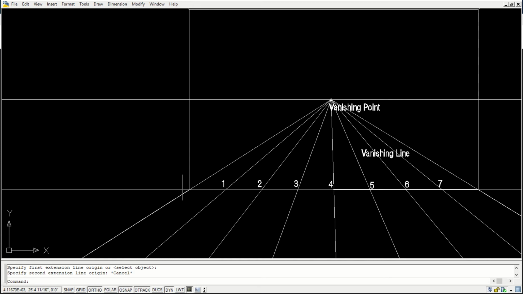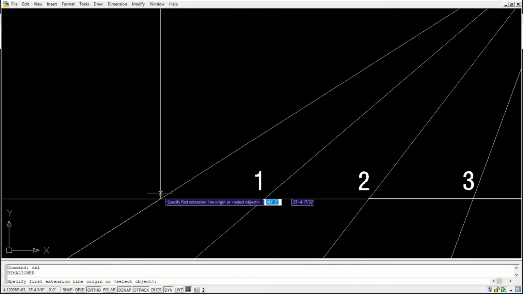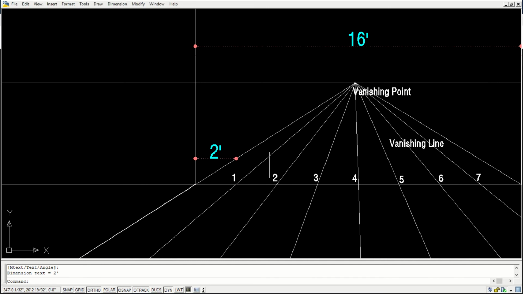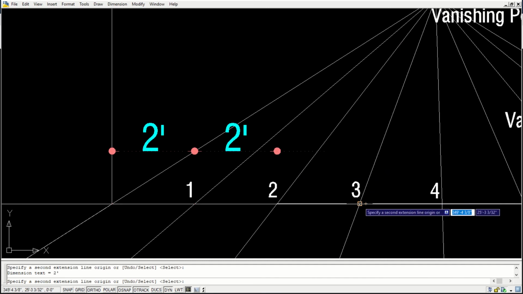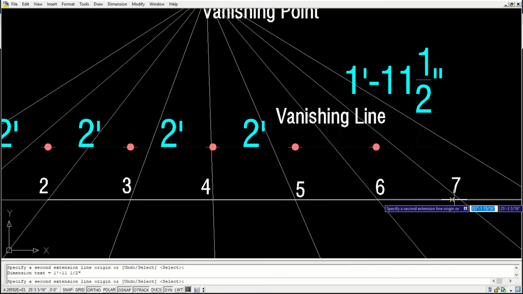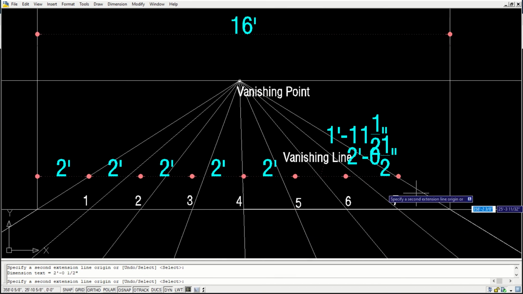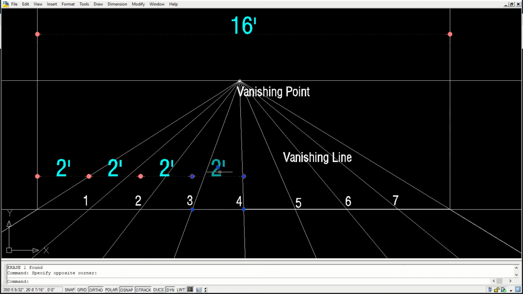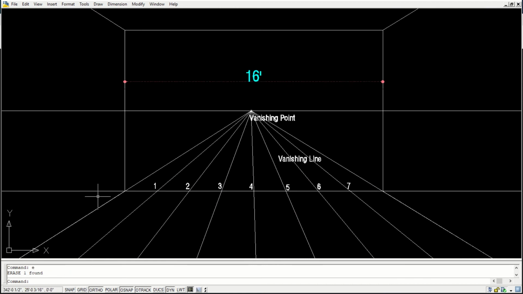For example, the room is 16 feet. You divide this by 2 feet. If this is a 2 feet grid, we mark those points, and using those points we will construct this base.